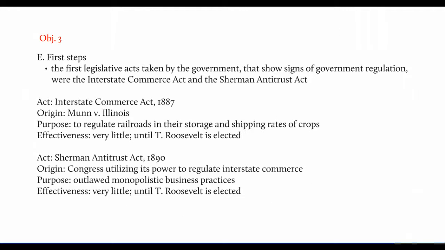Several acts are passed during this time, although none of them really are reinforced because, to be honest, no one is willing to stand up to the big businesses, specifically the railroads. The railroads were given a lot of power through land grants, and they were establishing monopolies and gaining friends, large-scale investors. The two acts that we're talking about are the Interstate Commerce Act